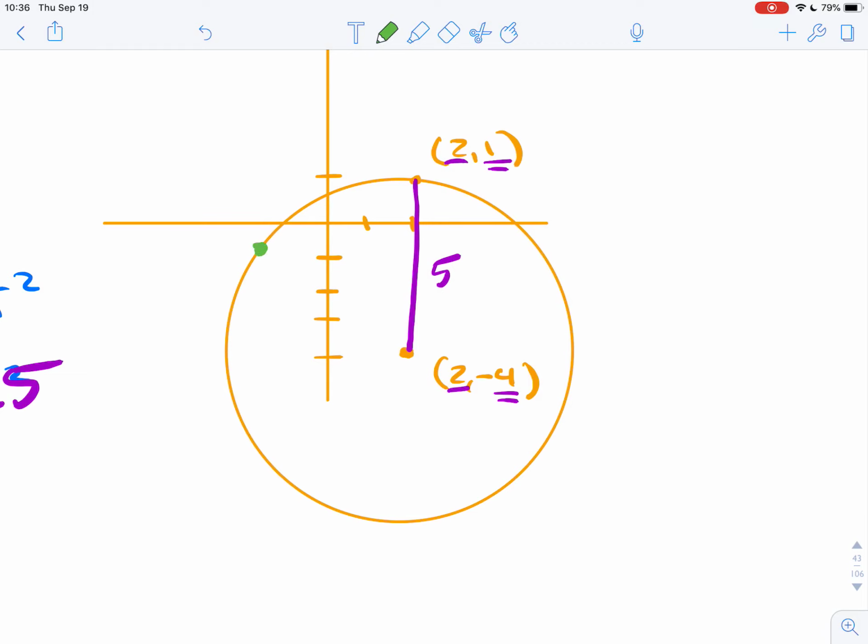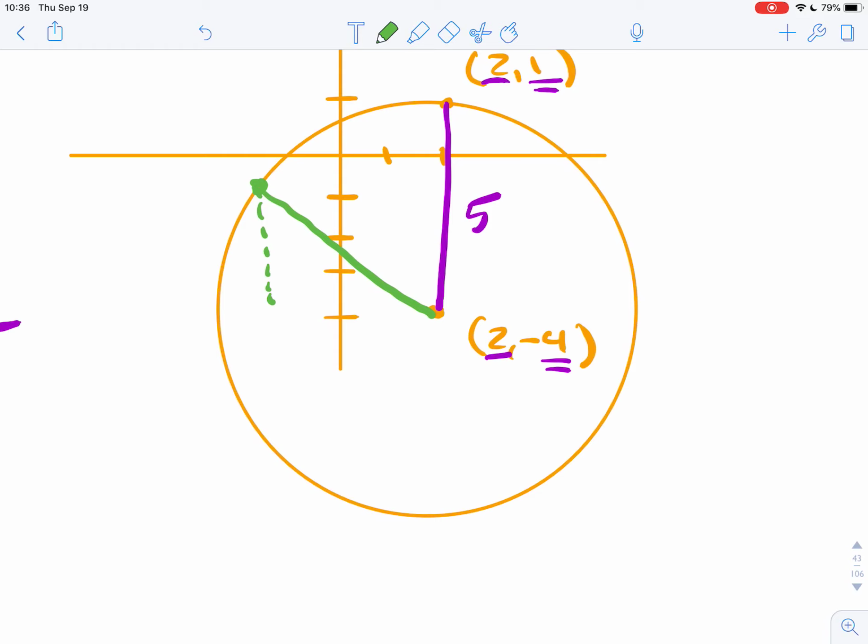If we had another coordinate over here that wasn't lined up, we would have to create ourselves a right triangle, and using the coordinate points, we would have to determine the distances of the legs to figure out that radius there using Pythagorean theorem. Okay,